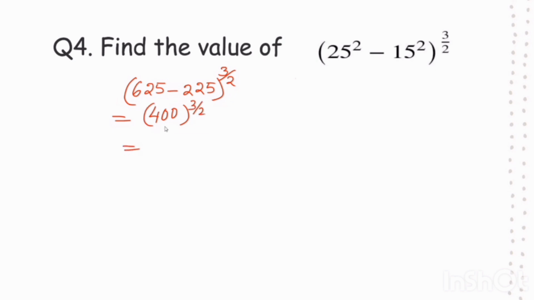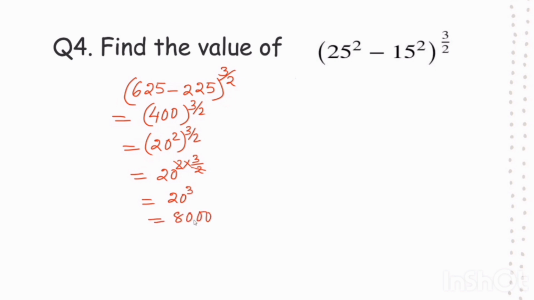Now 400, how can we write 400? 400 we can write as 20 square, and 3 by 2. Now already we have learned power of power, we have to multiply 2 into 3 by 2, and we can reduce this to 3, so 20 cube